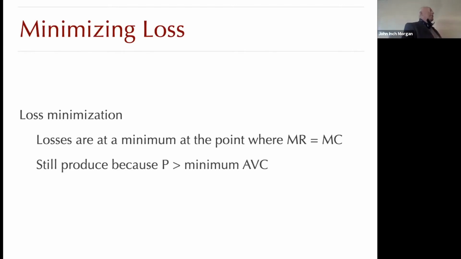So think about this for a minute. When you look at the different costs, you have your fixed costs and your average variable cost. If I shut down, I still have to pay my fixed cost. If the price is greater than my variable cost, then that revenue coming in for each unit that I sell is going to cover some of those costs. If I shut down, I've got to pay those fixed costs out of my own pocket. So if I can cover my average variable cost, the cost of my employees, for example,